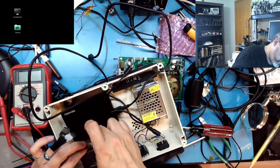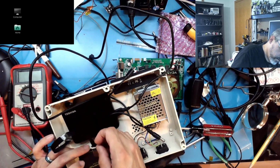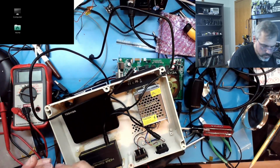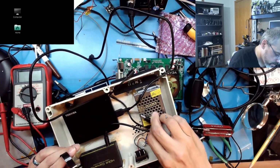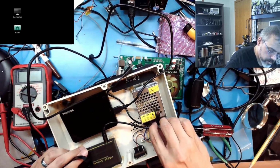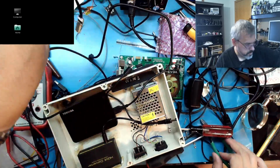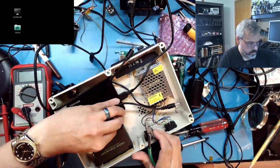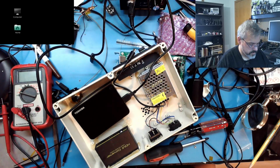Flexible guys. Okay, that'll go in there. That'll go there. Which means I just need to hack this cable apart here. I have to come pretty close to the end because I don't have a lot of leeway there. And then I have one last thing I wanted to do,